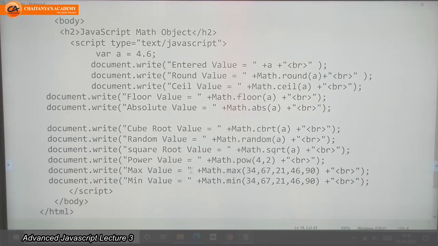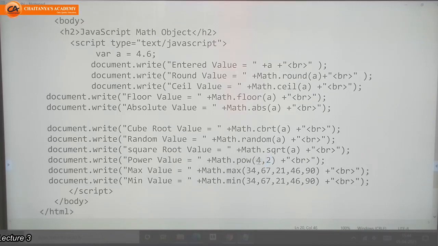Next, power value. Power value means you need to pass two parameters, first as x and second as y, and you can get the value x raised to y.